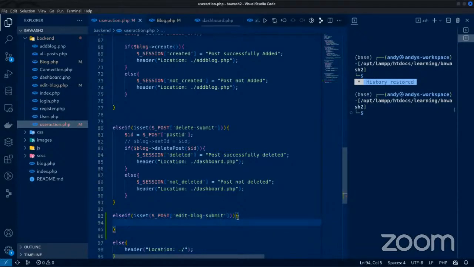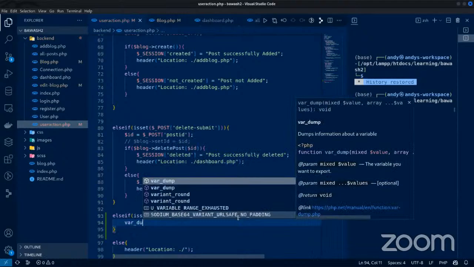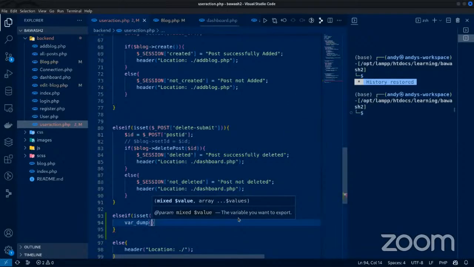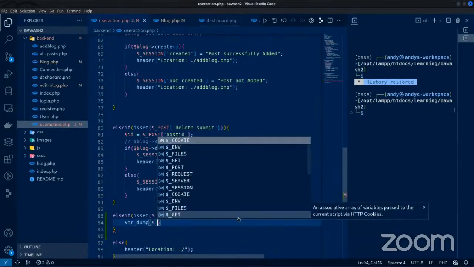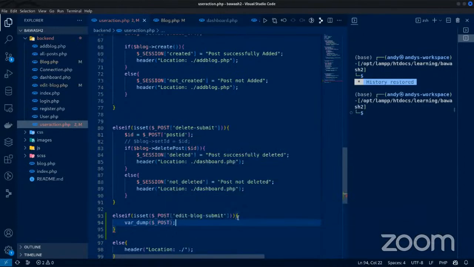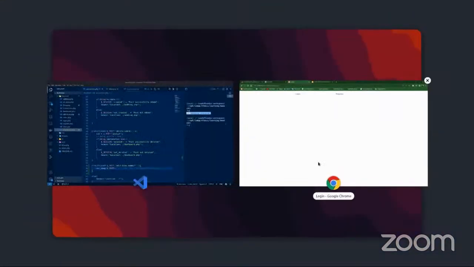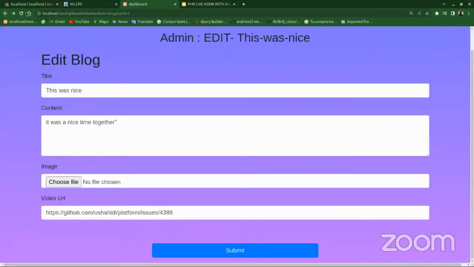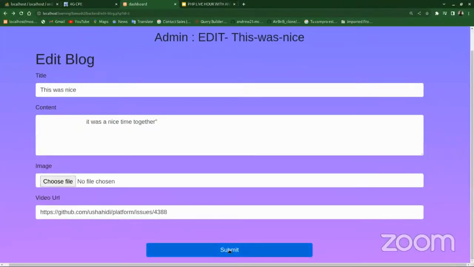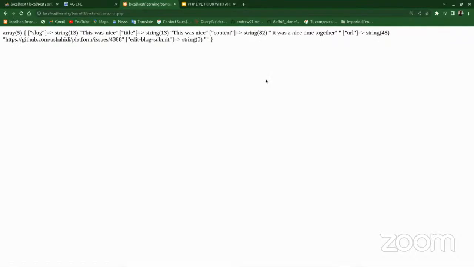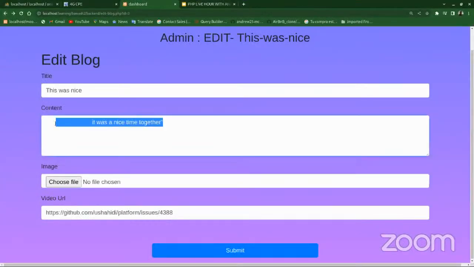Let's just var dump the whole post array right now. Now let's make sure we're on track here. Refresh. When I click on submit, I have the whole thing printed out. Okay, so now let's work on this so that if I edit, say, the content,